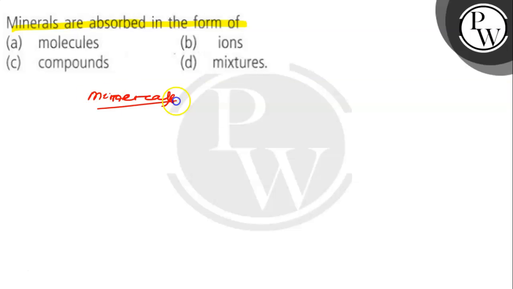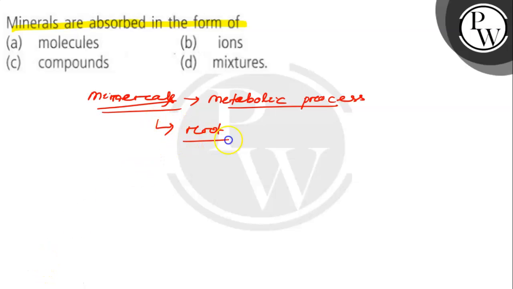So minerals are required for plant metabolism, for metabolic processes. These minerals are transported to the plant through the root, or through the xylem. They can enter the root through the